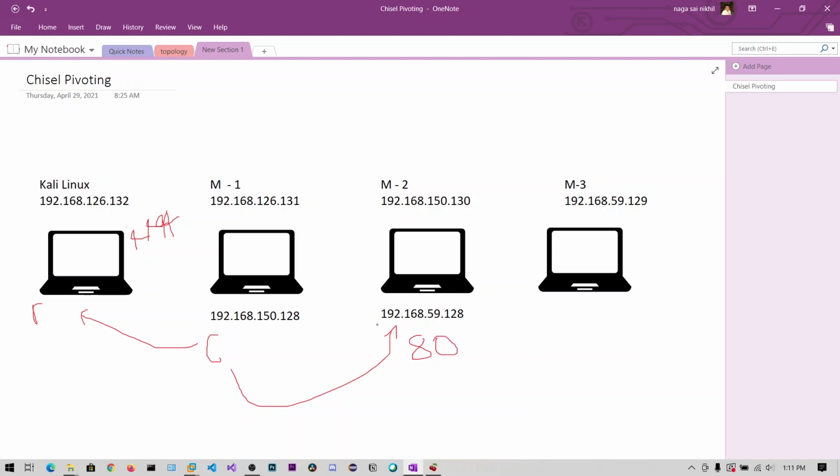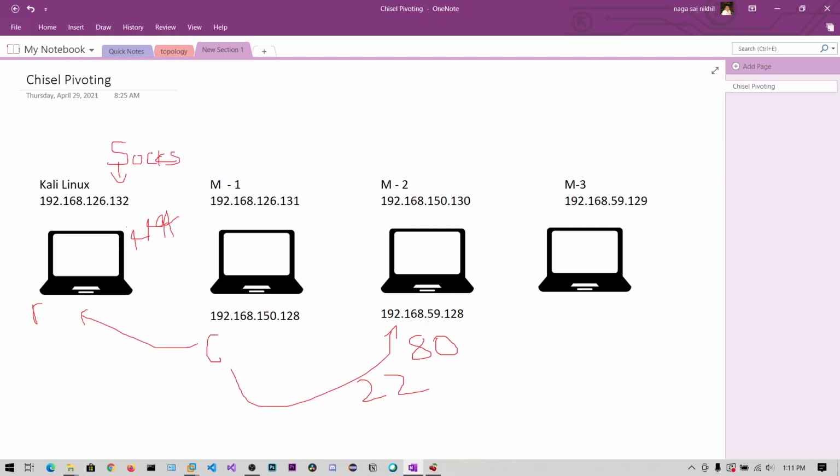If you want to scan port number 22, you need to put 22 here, but it is a very tedious task, right? You need to scan hundreds or thousands of ports, like 1000 ports, in which 100 ports will be open. Manually changing all these ports from 80 to 22 or 21 would be very difficult. So what I'm going to do is first run the SOCKS server on this machine.